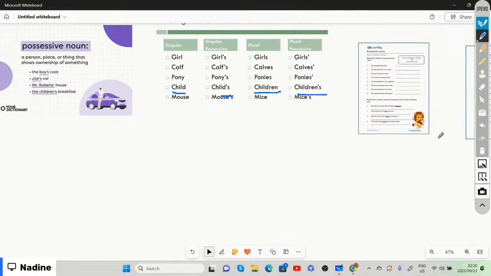All right, so remember we said that if a word is singular, then for example, you just say child or dog or girl or pony or mouse or so on. But as soon as you show possession,